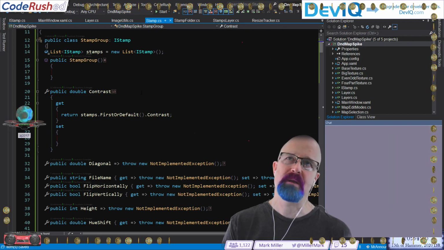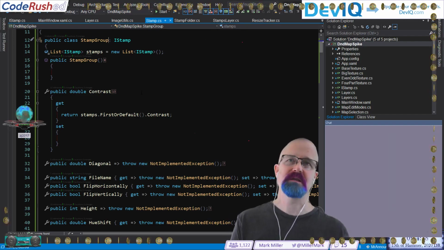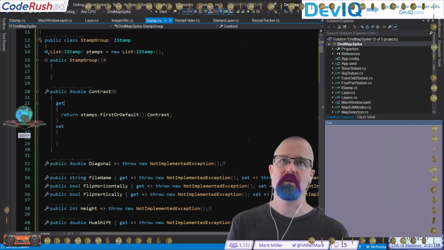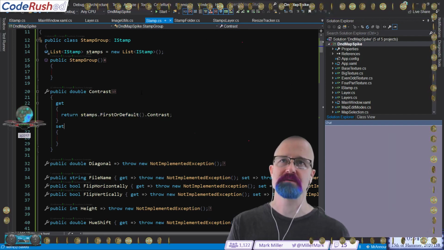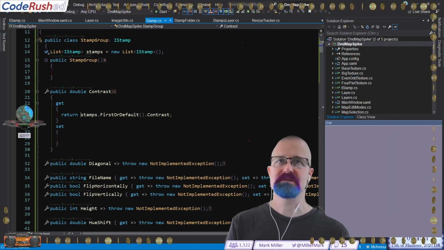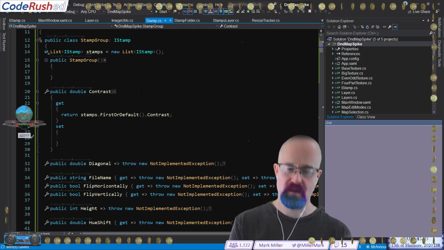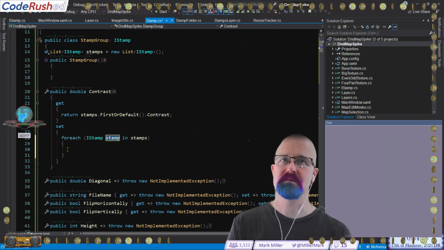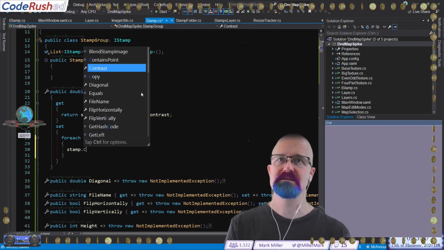And if a group ever has no stamps in it at all, then that's an error. I'm okay with this erroring out with an exception right now. The next step is to set the contrast. And so now what we want to do is something like this: this dot